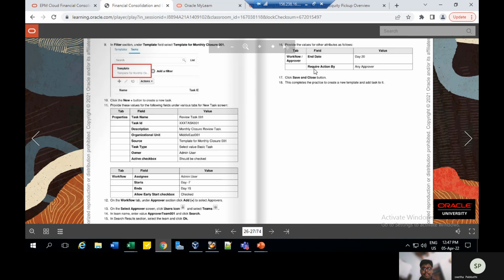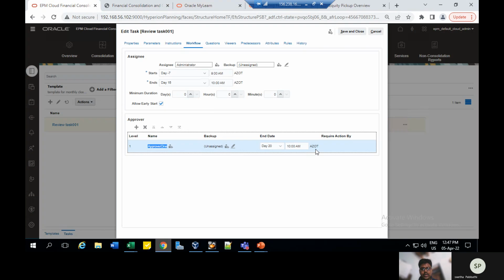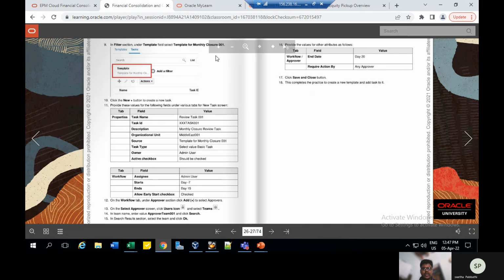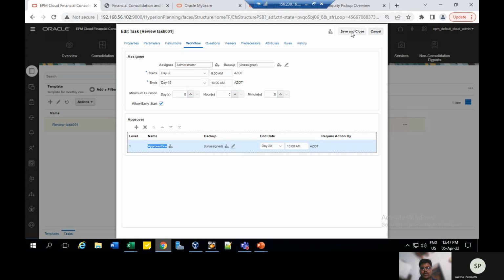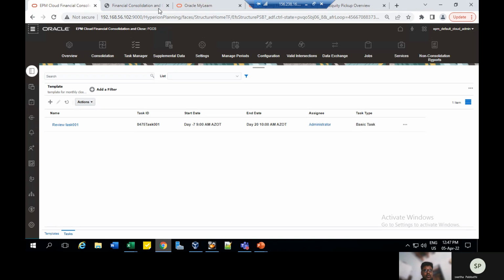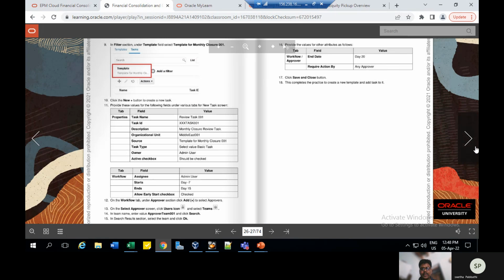End date is 20. Require action by any approver. Any approver in the sense here they mention A to Z OT. Click on save and close. With this, we have completed